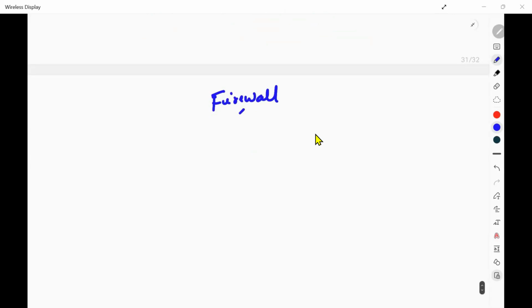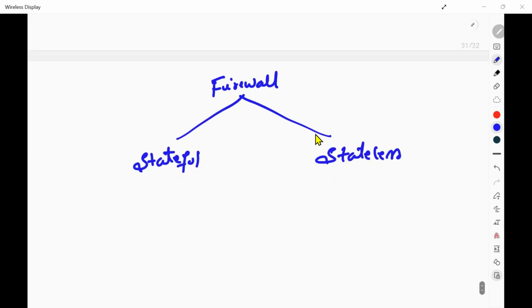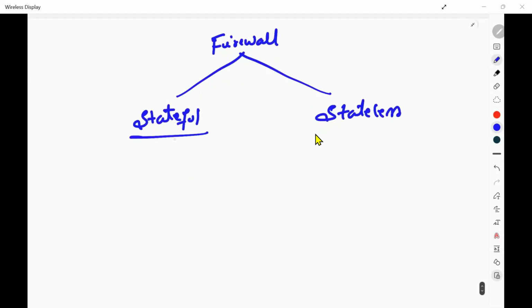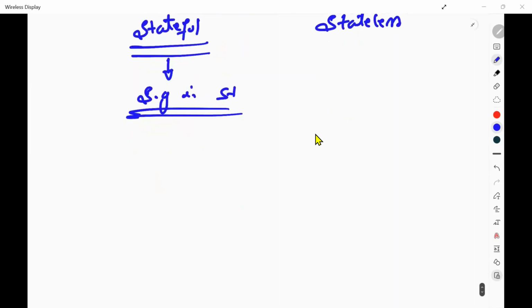It's kind of a protection for your home. In firewalls, we have two kinds: stateful firewall and stateless firewall. First, we are talking about stateful firewall. I told you security group is a stateful firewall. Now, what do you mean by stateful then?